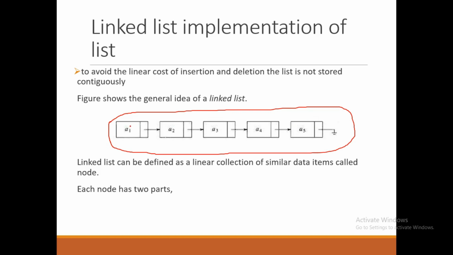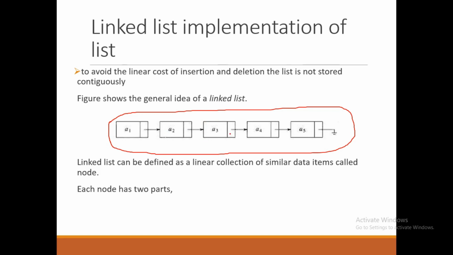So here if you want to store this A1, it should be stored in the form of a node, and this node is having two parts. The first part contains the element A1 and the next part contains the address of this A2. That's why the arrow has been started from here, that is from inside this part. So this means it contains the address of this node. A2 is also stored in the form of a node, and in the data part we are having the element A2. Its next part will contain the address of its successor A3.